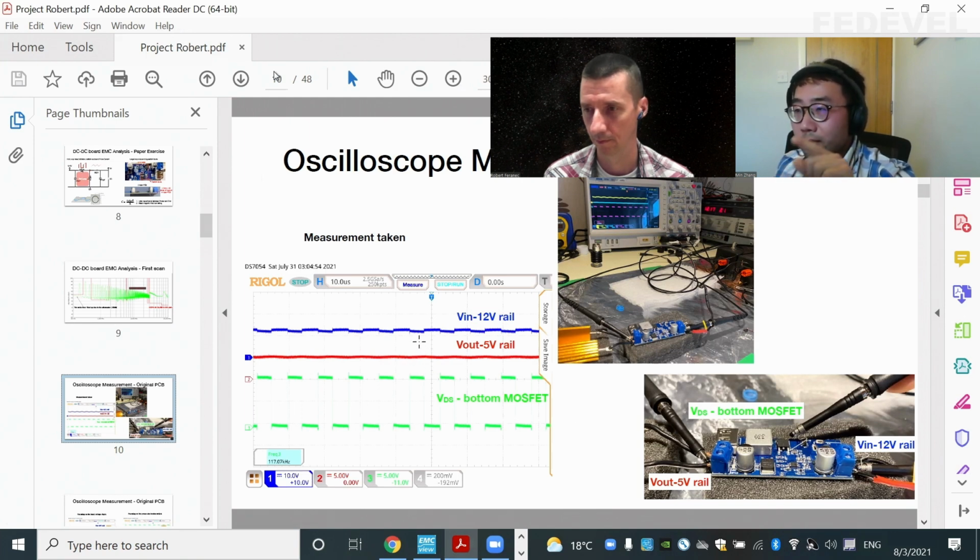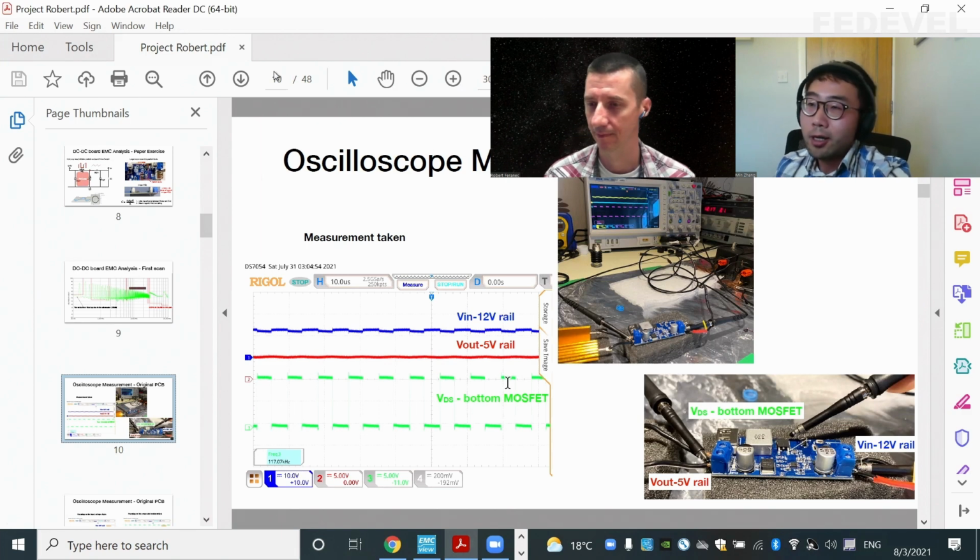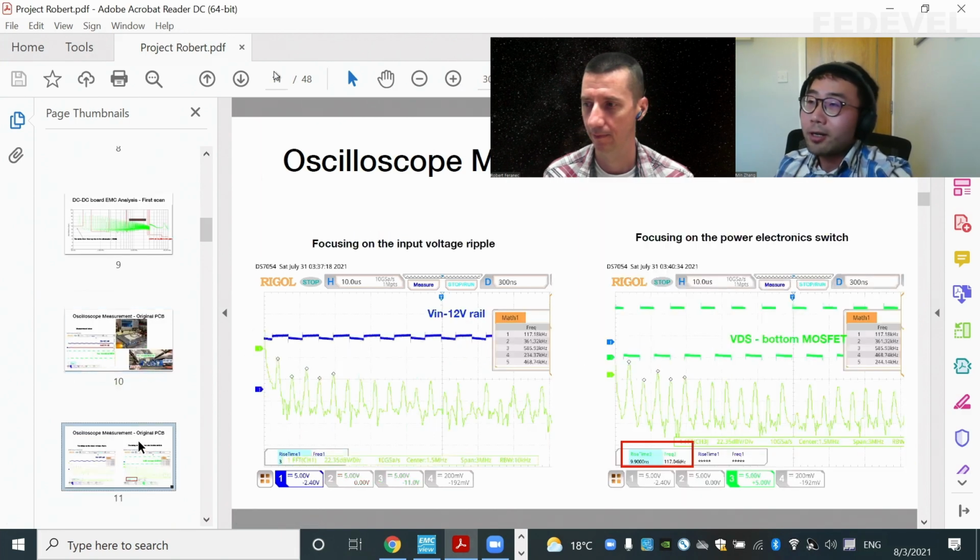As you can see on the input capacitor, there is a voltage ripple, and it is quite big. It is the same as the switching frequency. The blue one is measured on the input capacitor, the 12 volt input, that's the voltage ripple measured. The red one is the output voltage, and the green one is the bottom MOSFET switching waveform. So what we need to do is make the blue one more straight. That's right. So the first fix is